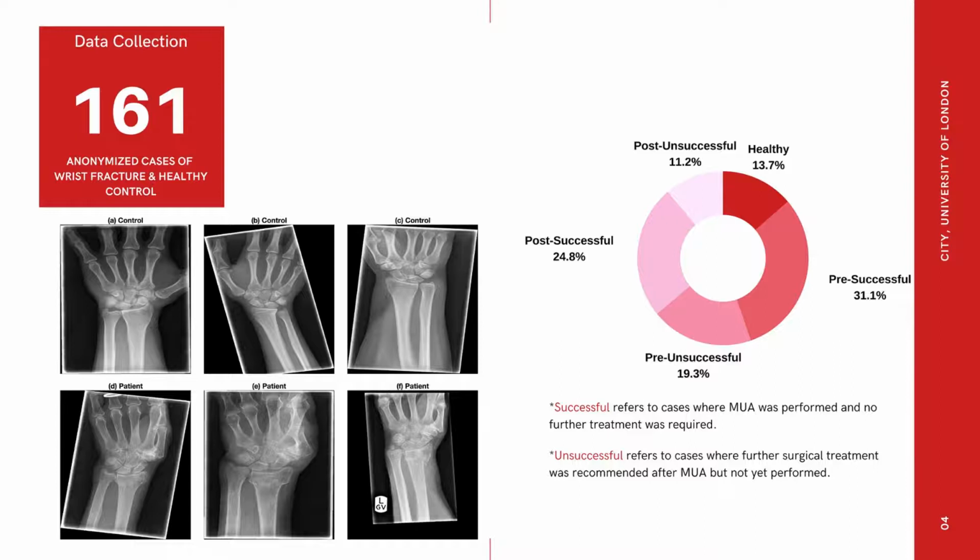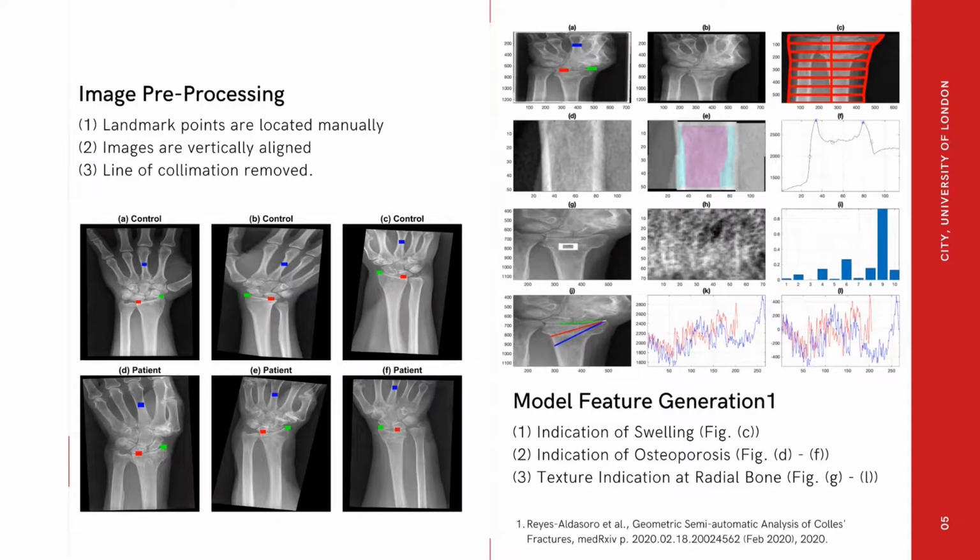Post-treatment cases are included in this work as separate labels, as it is assumed a batch of images to be diagnosed will include these conditions. This can, however, be easily filtered retrospectively when necessary. All the raw X-ray images are pre-processed by firstly identifying 3 landmark points manually, as shown in the images below,